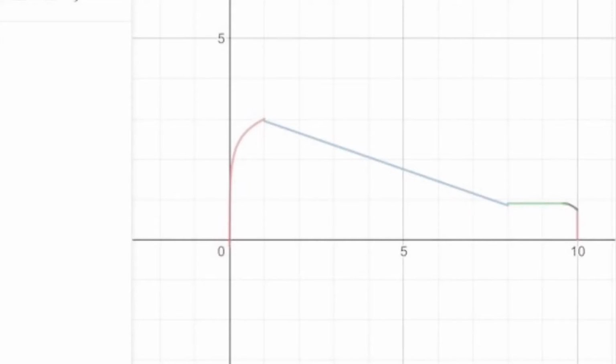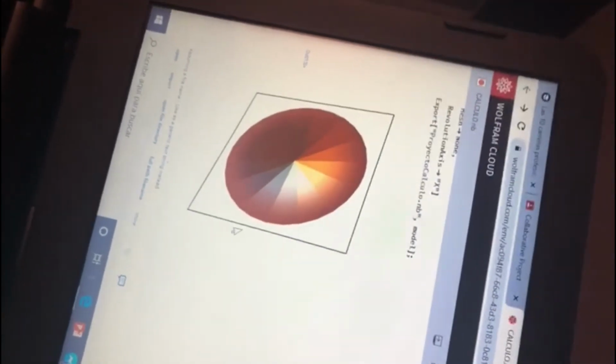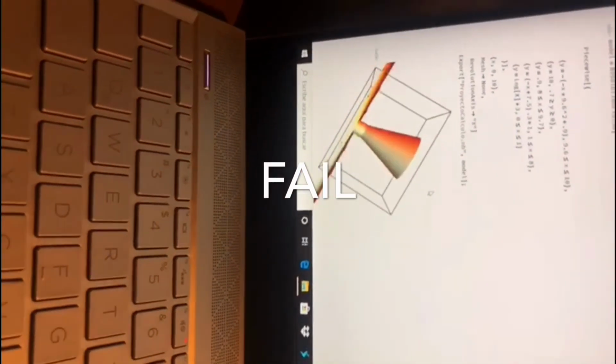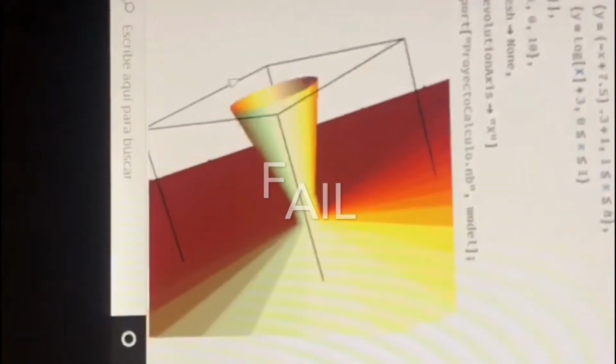And now we have to put these graphs in our app Mathematica to get our 3D figure, so let's check it out. When we plot the functions of Desmos in Mathematica, we get another figure that has nothing to do with what we wanted to do. So we had to make some modifications in the functions of Mathematica so we can get our flask. Now, Mathematica was a little bit complicated